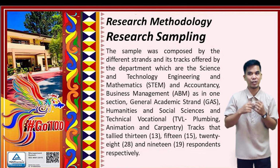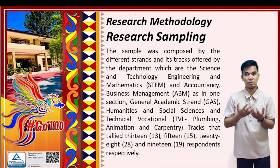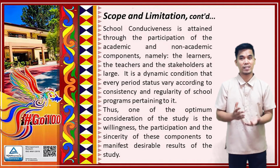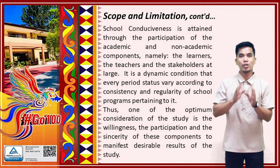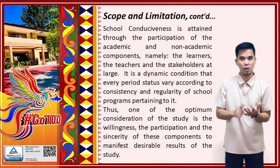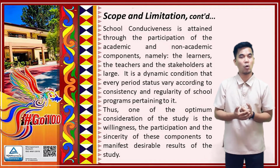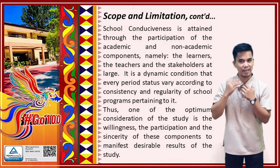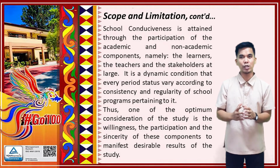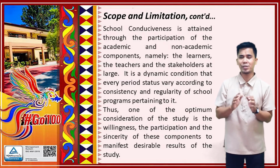That tallied 13, 15, 28, and 19 respondents respectively. And those elements totally support that school conduciveness is attained through the participation of the academic and non-academic components, namely the learners, the teachers, and the stakeholders at large. It is a dynamic condition that every period status varies according to consistency and regularity of school programs pertaining to